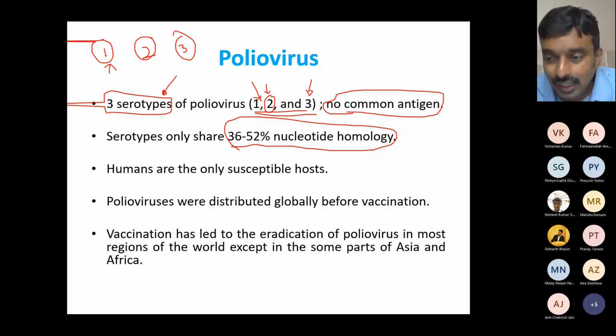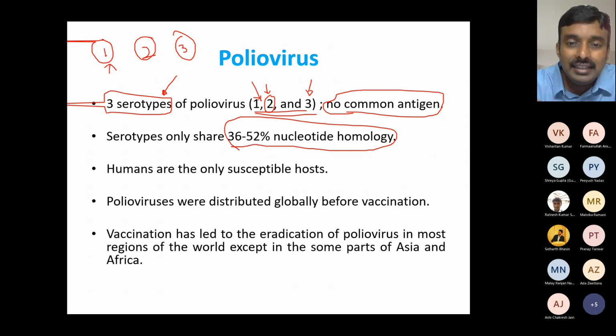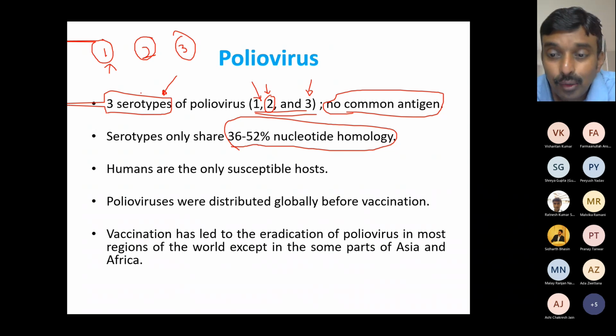Again, when we say serotype, it only means that the virus proteins are different, leading to different kinds of antibodies in the infected host. They may be cross-protective, they may not be cross-protective, depending on the virus. In poliovirus, there is little or no cross-protection, which means if I get infected with serotype 1, I can later be infected with 2, and then after that with 3 also, because they almost behave like 3 different viruses. So that's serotype. Everybody with me on serotypes? Anybody has any questions on serotypes?